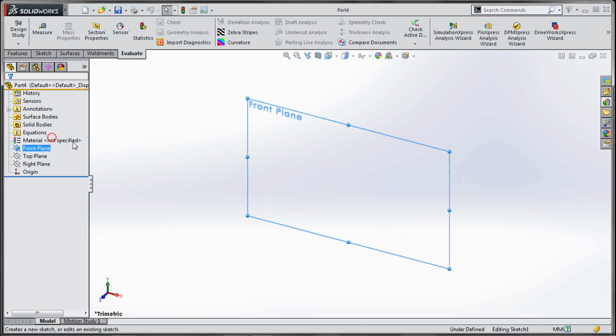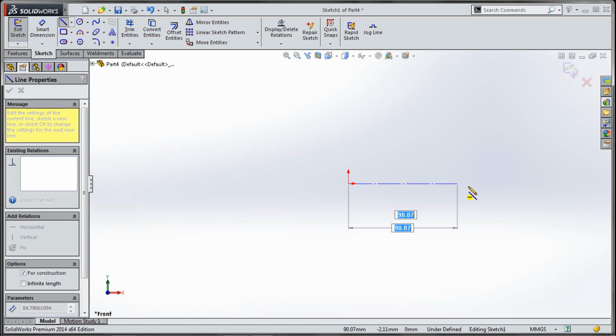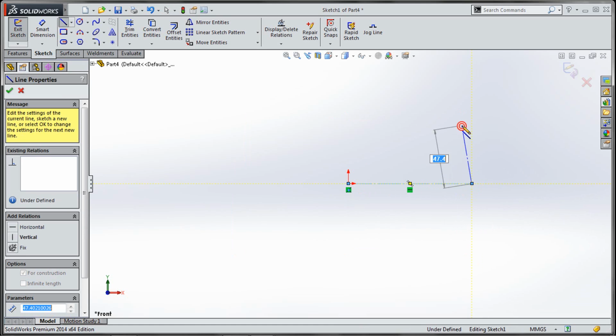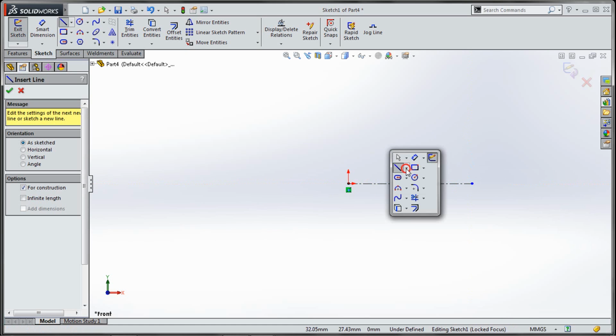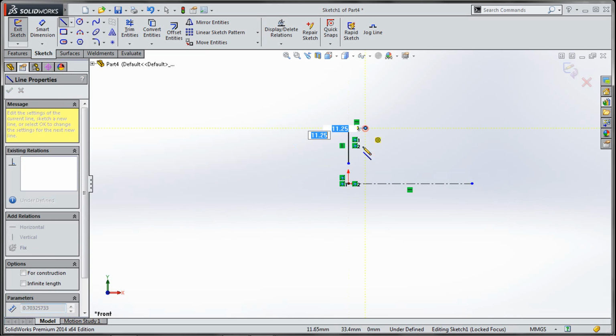Again, this is a pretty simple part, just one simple revolve.